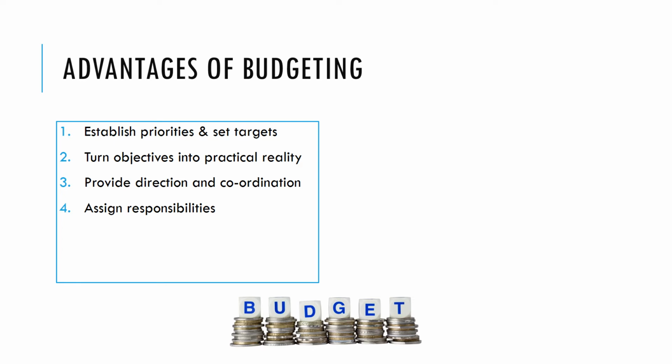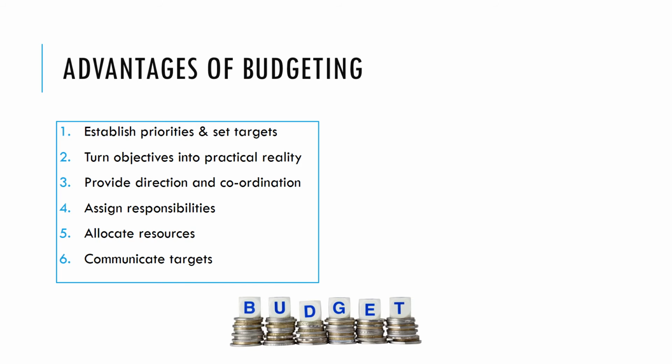You can assign responsibilities. So most businesses will not just have one budget, that's one number. They may break it down into different areas. So a new product might have a certain revenue budget, your old existing product might have another revenue budget, and then it's very clear who's responsible for what and whether they've met their targets or not. It may also help you on the cost side allocate resources. And it will also allow you to communicate targets to your employees.